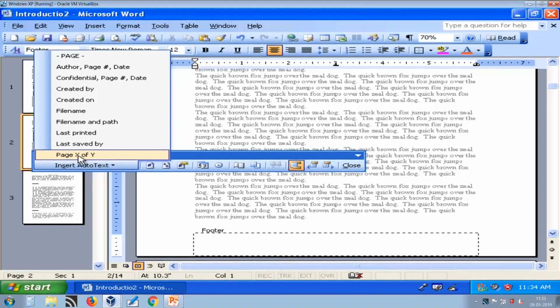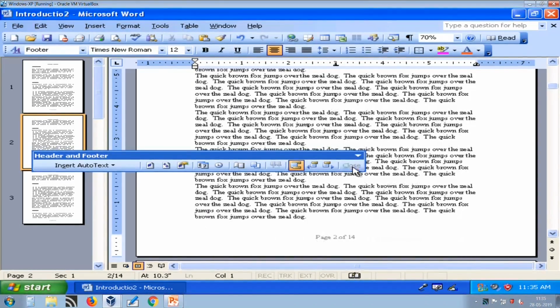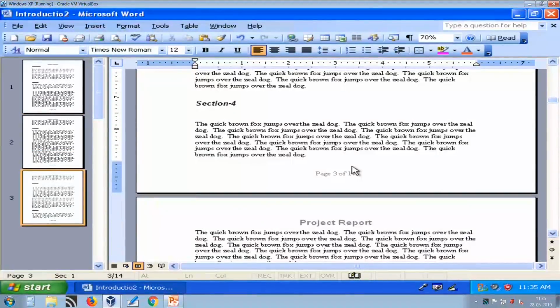So, I am pressing this. Now, here you can see we are on page number 2, that you can verify from the status bar that we are currently on page 2 of a total of 14 pages. So, here it displays page 2 of 14. Now, this thing is variable. If you go to page number 3, it shows page 3 of 14.